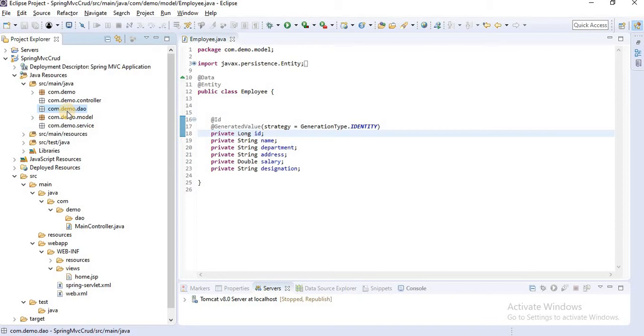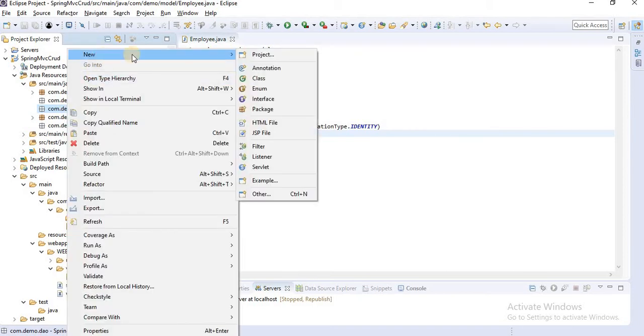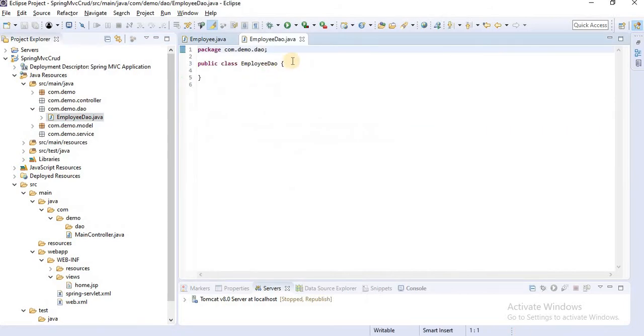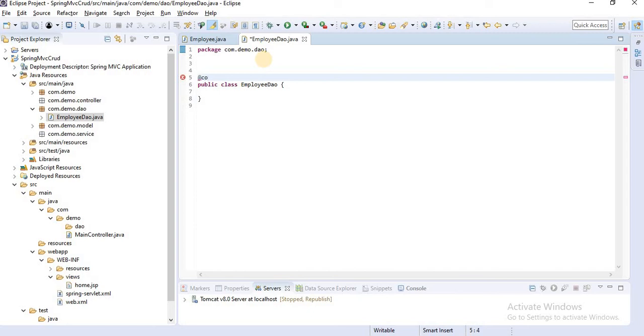First we will create one class inside the DAO package and call the required Hibernate methods. Let's create the employee class, EmployeeDAO. This class should be a component, because we are going to autowire this class.